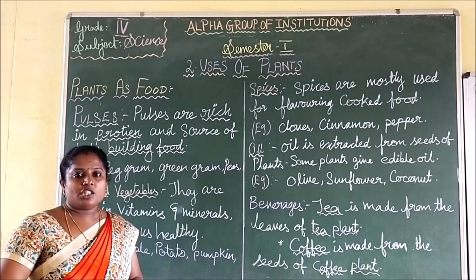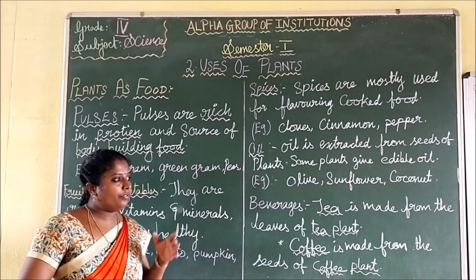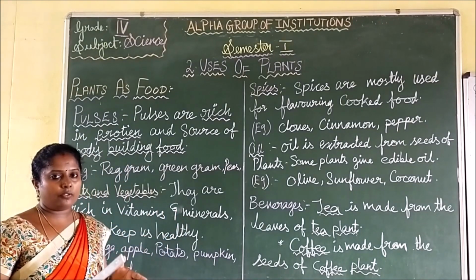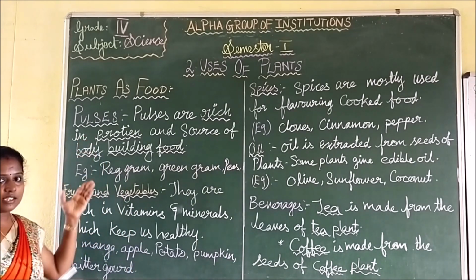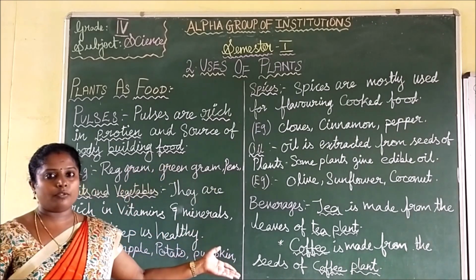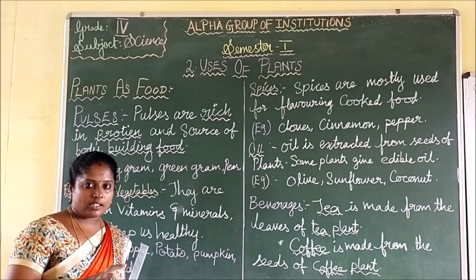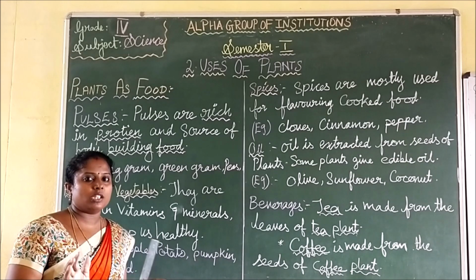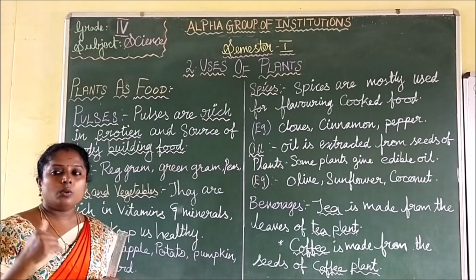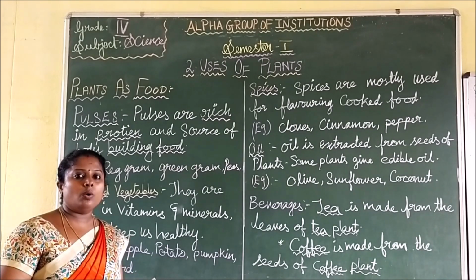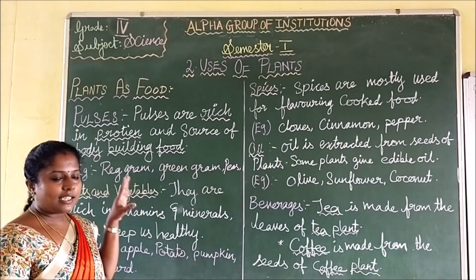And now we have come to the end of the session, children. Today's activity is you have to collect some materials on a chart or A4 sheet. Take the beverages, pulses, cereals, about these uses of plants as food. Whatever things we have discussed, you have to take the examples which are available in your home, children. Don't put pressure on your parents and don't go out anywhere. Take the materials available in your home and separate the categories. Differentiate the categories like cereals, pulses,